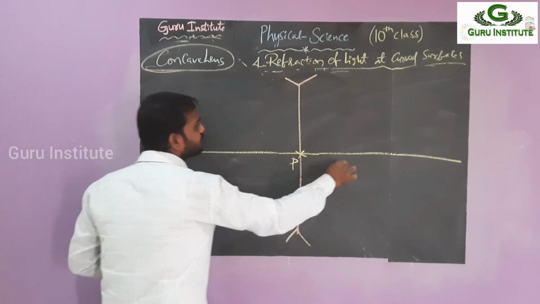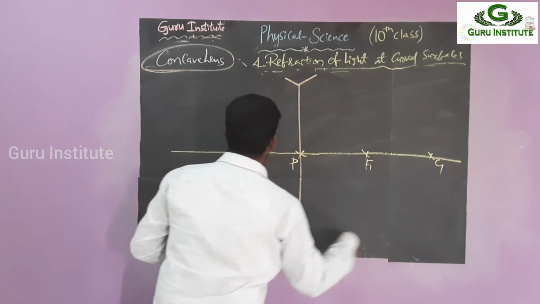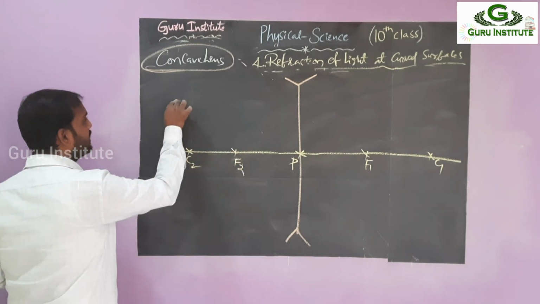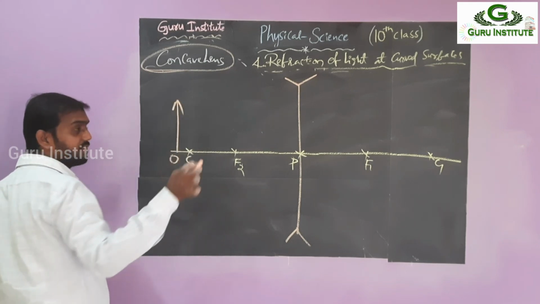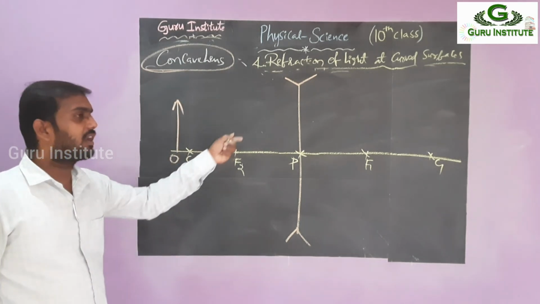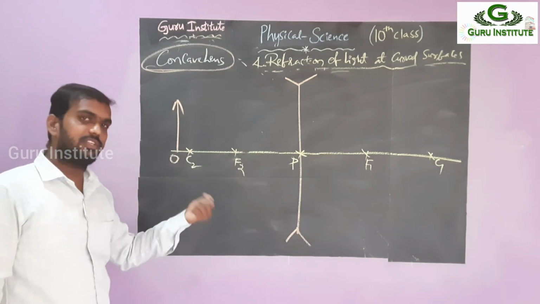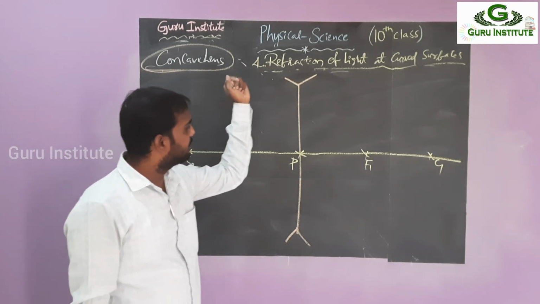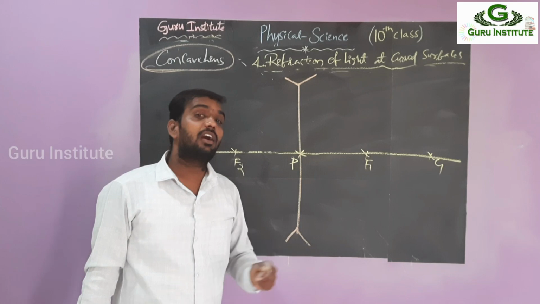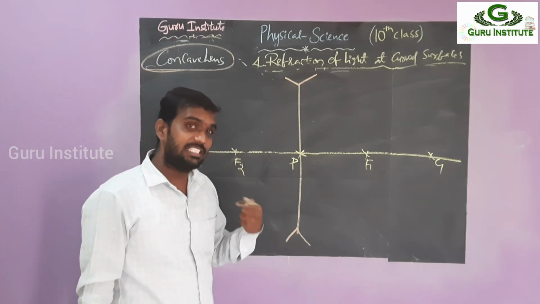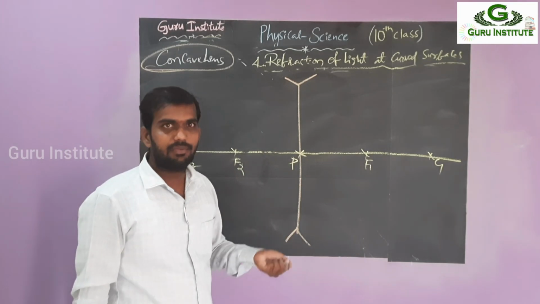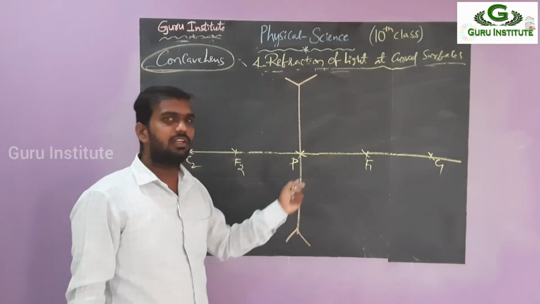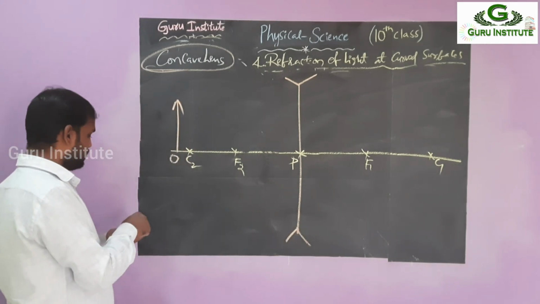Okay. Pole, focus, center of curvature, focus, right? So let me check with an object beyond C. In convex mirror, there are no cases. Why? Because they are all present inside. But here two sides are possible, right? So let's check. If the object is placed beyond C, here there is a chance. Beyond C, at C, between F and C, at F, between F and P. How should the image be? Should all images be the same or different? If all images are the same, here also no cases, for all cases a single picture. But if all images are different, here different cases will be there. So let me check.